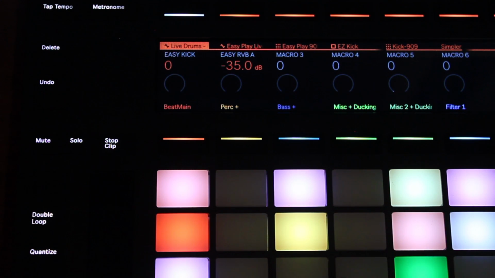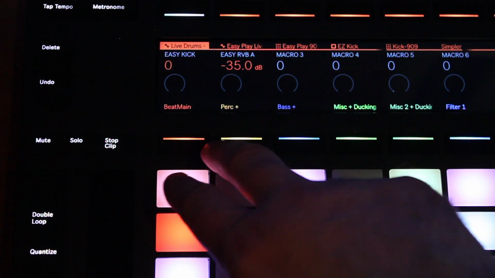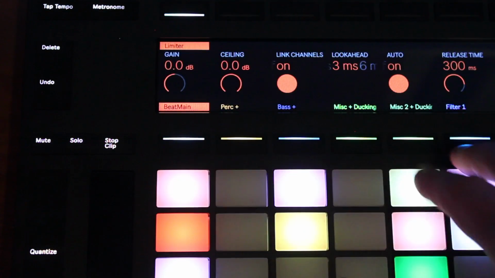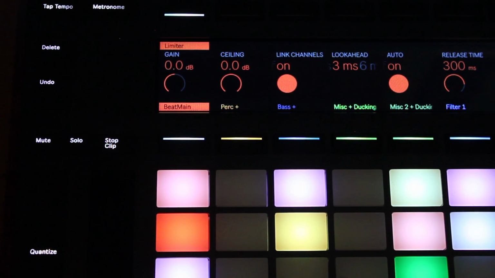Okay, the next thing I want to show you is a very simple but elegant change that's been made to how racks and groups work in Ableton with the new Push. So the Push 2 has these new buttons here for the tracks, and these are used for track selection. Okay, and they're color-coded to the color of the track header,